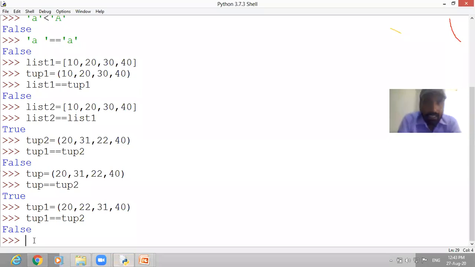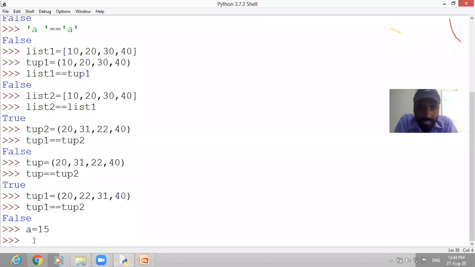So let me tell some values, example of some values. Okay. Suppose if I write A equal to 15. Is it clear? Can you see A equal to 15? Yes, sir. Now if you want to check the memory address, you want to check the location of this value where it is stored in the memory. So for this, what we write, there is a function ID.